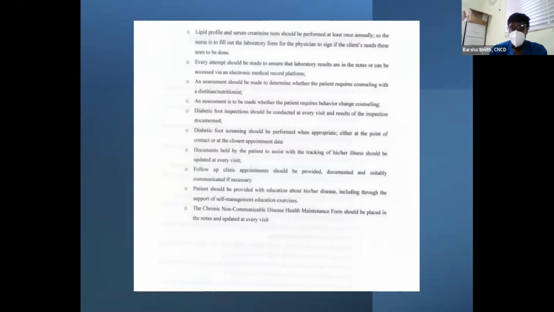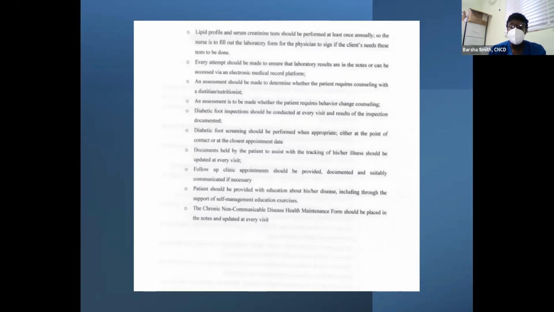It is okay to write the form, but we have to make sure that the patient has the tests done. We have to assess whether or not this patient might need some counseling. The patient might need to be referred to the dietitian. So if I come to you and my BMI is 43, I am 250 pounds, then you need to have a conversation with me. You know, Nurse Med, I think that you need to see the dietitian. I'm going to write up a referral for you. And at present, our dietitians are seeing the patients via Zoom, so the service is available.